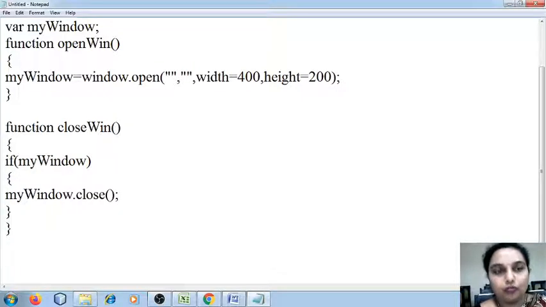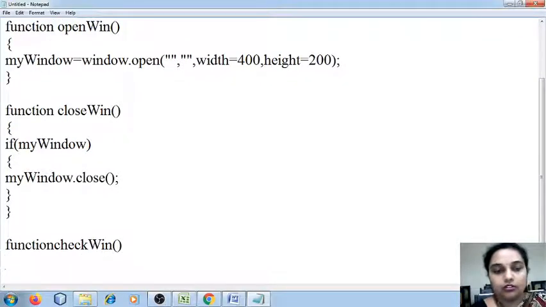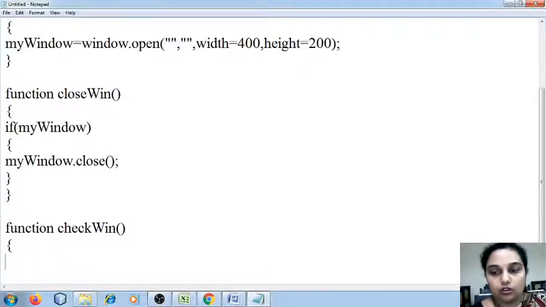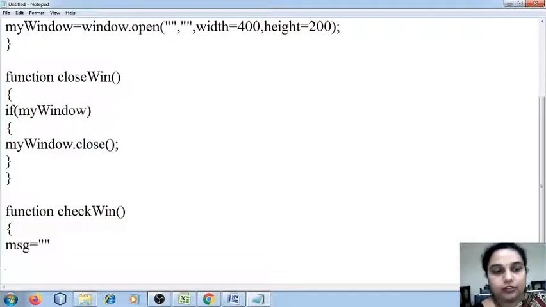So I have defined two functions: one for opening the window, another for closing the window. Now I want to define one more function, checkWindow, to check whether my window is open or not. Initially I'm going to create one blank message, so message is equal to blank.